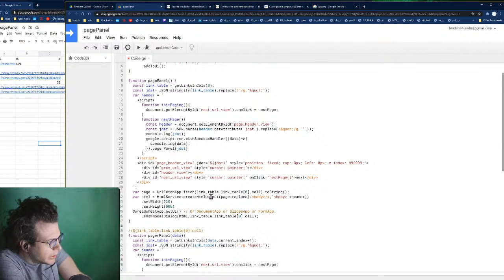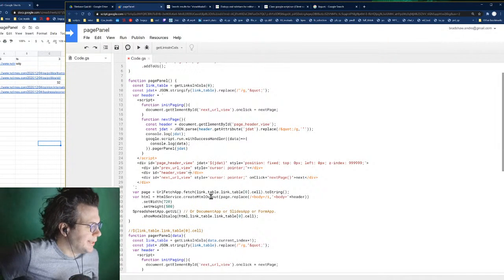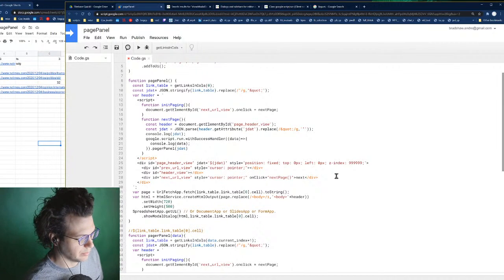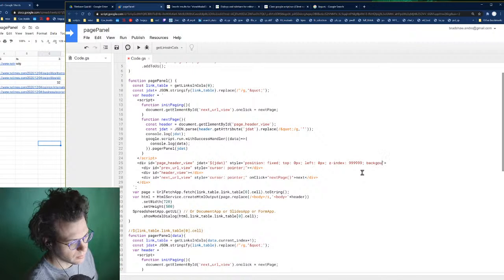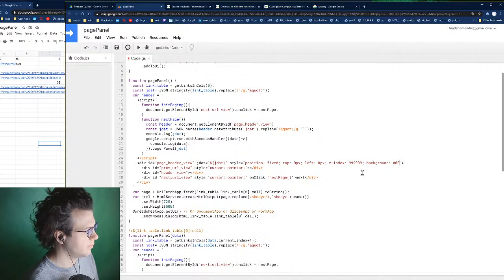All right. But I do want to give this some better background here, so I'm going to say background. Actually, I don't care about the background on this so much as I do on the button itself. So